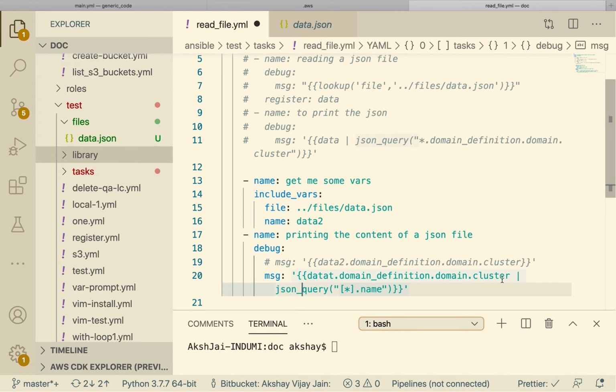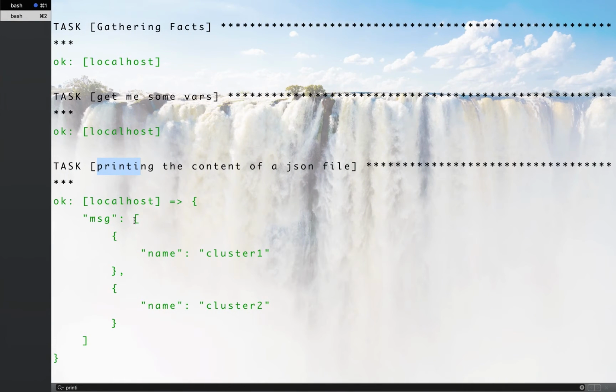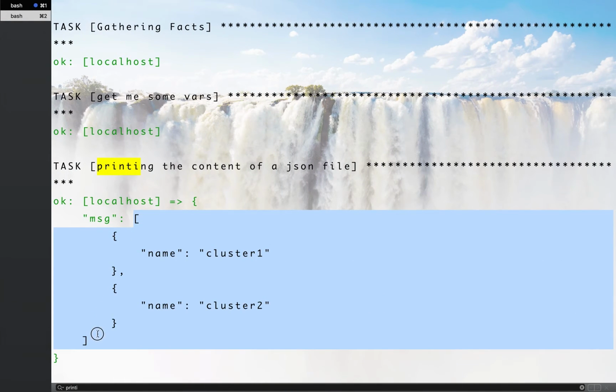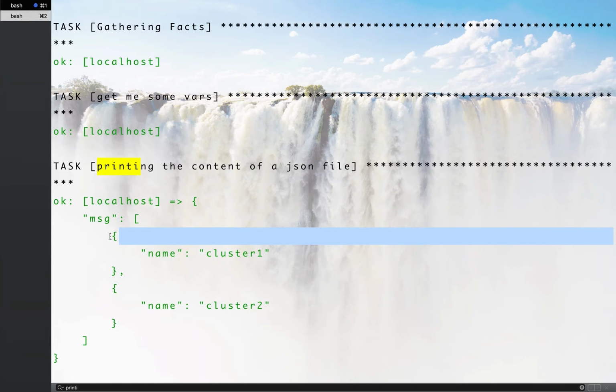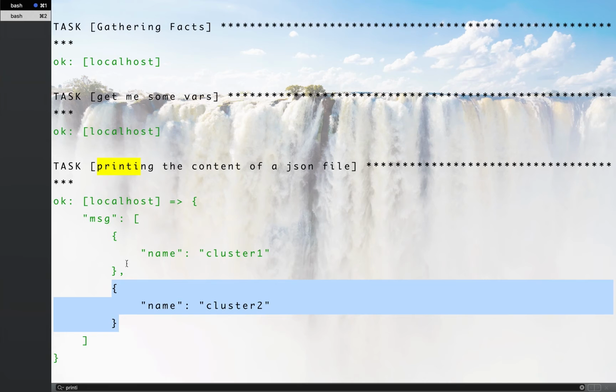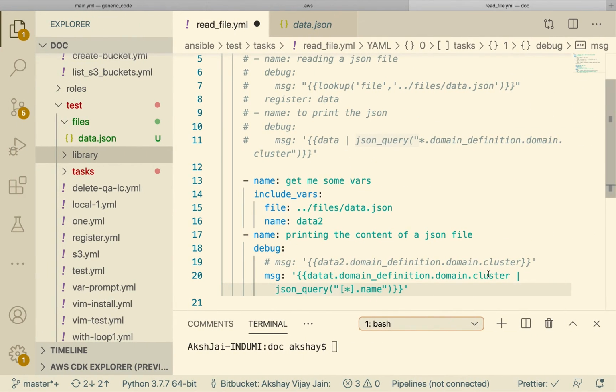Because my cluster is an array of objects, this is cluster 0 and this is cluster 1. We want to get cluster 0 name and cluster 1 name, that is cluster star.name. So we'll write json_query cluster star.name, and we'll run this now.